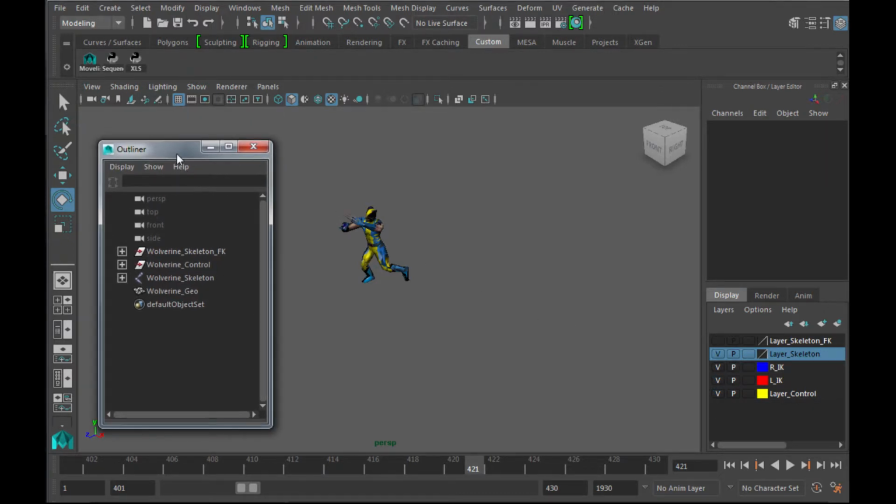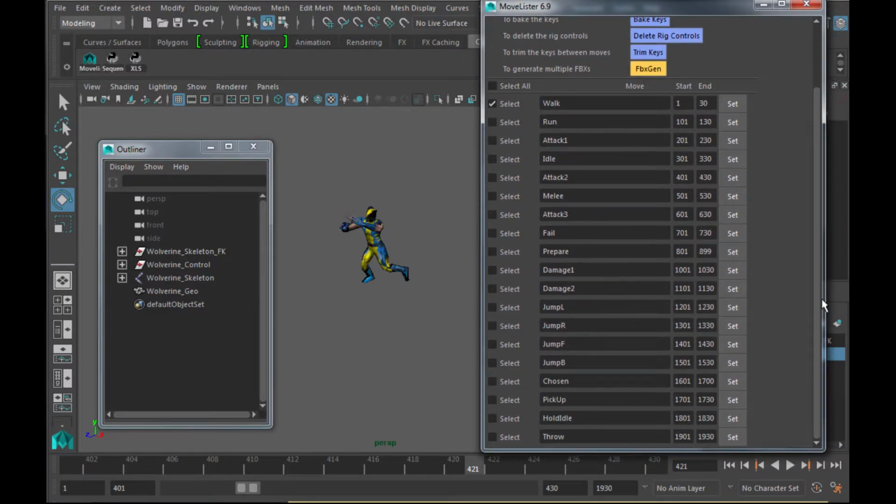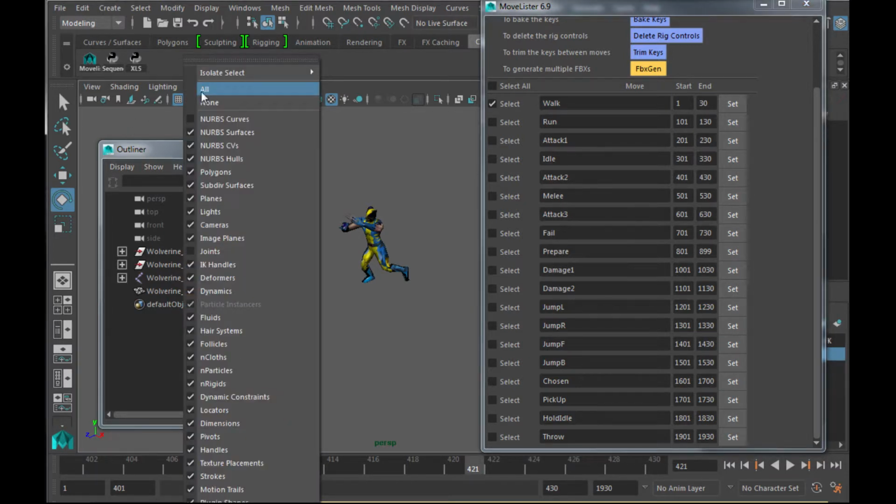It's a way for animators to have dozens, literally dozens, and I'll bring up my custom button for the Movelister here. Literally dozens of animations. I have some animated files with hundreds, and what I would like to point out is that although in the beginning the demonstration that I first did with the cube went from 1 to 50, 50 to 100, what I do with a real character, an animated character, is that I absolutely do not